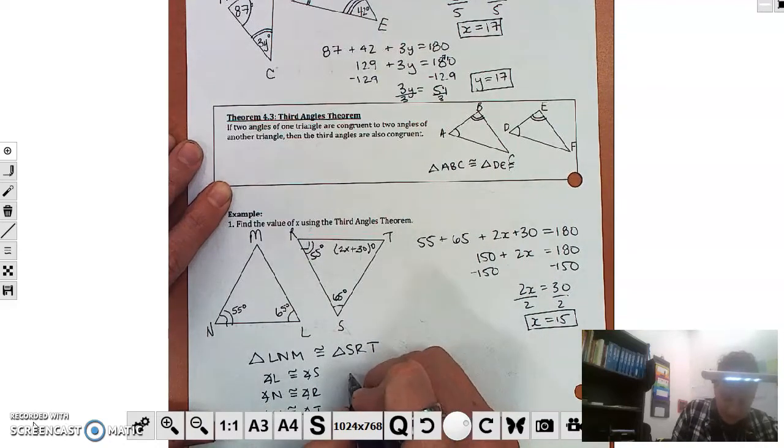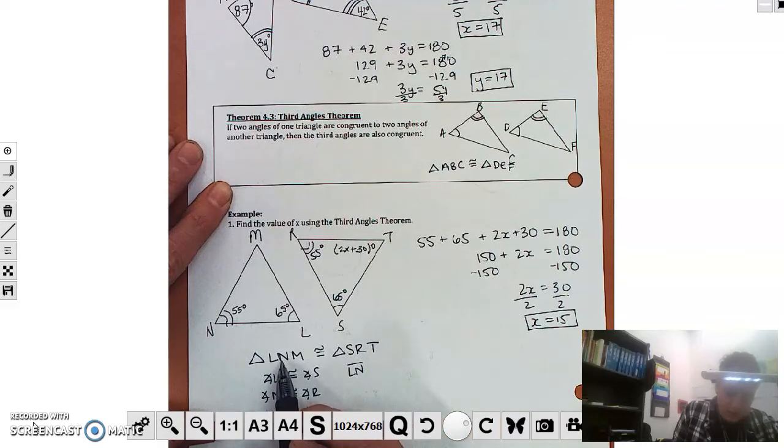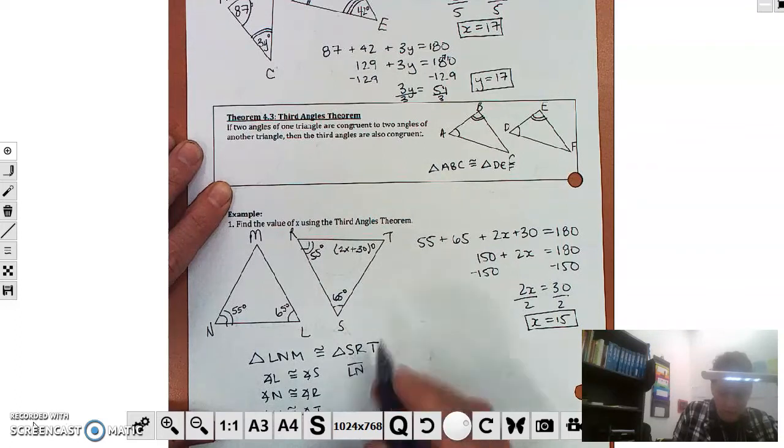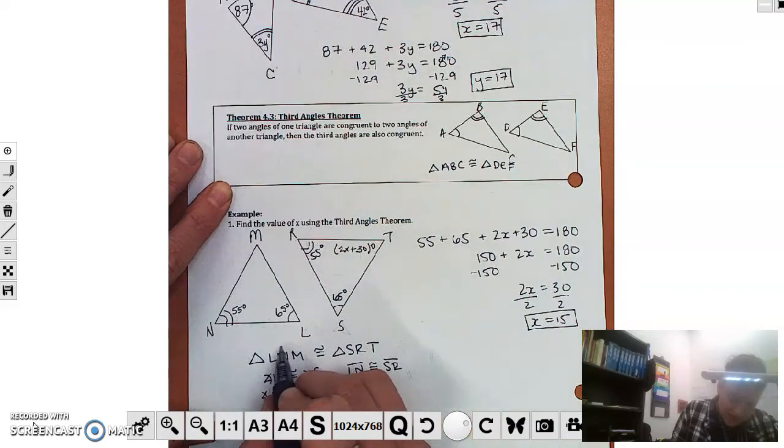Let's check out the sides. We've got LN. LN is going to be congruent to the first two letters over here, SR. Notice we're putting our segment bars on top because they are segments. We've got LM, first and third, congruent to